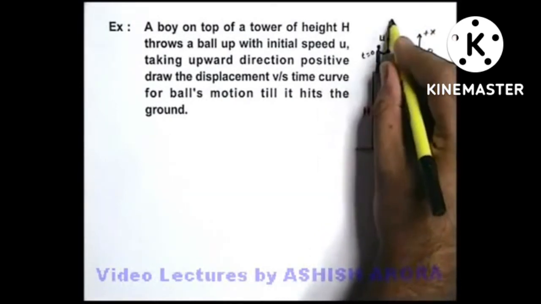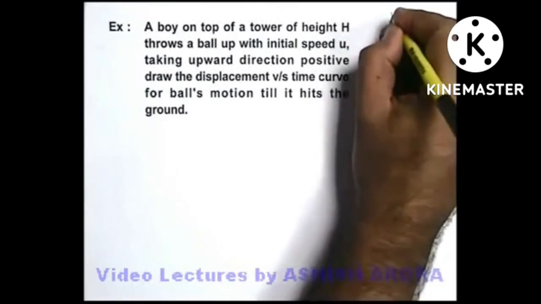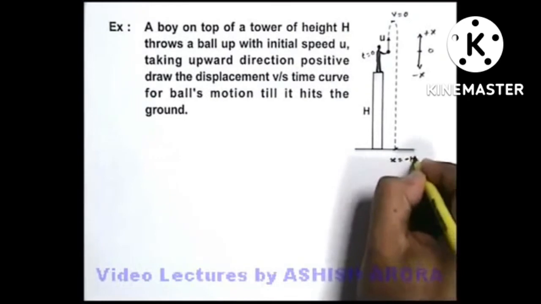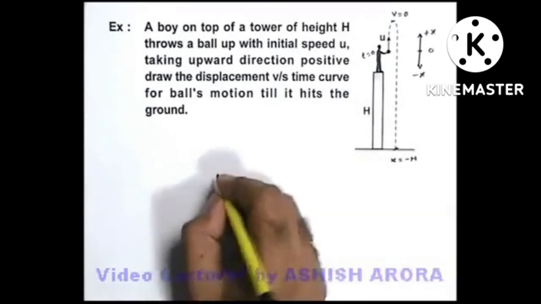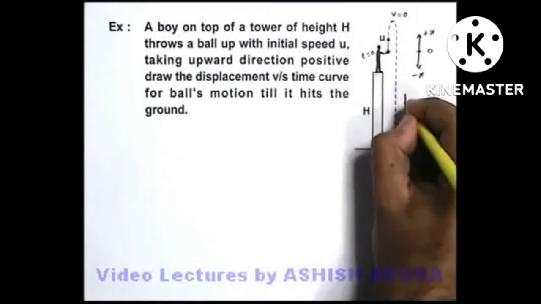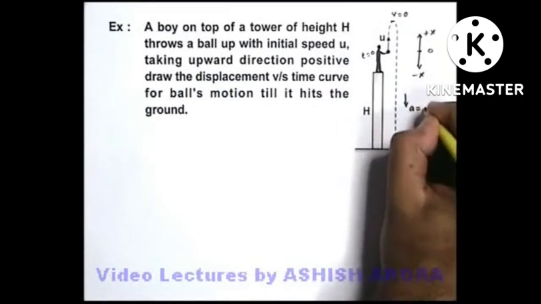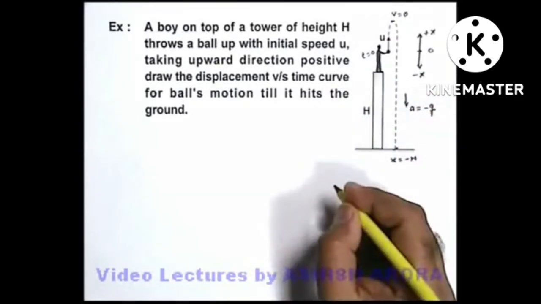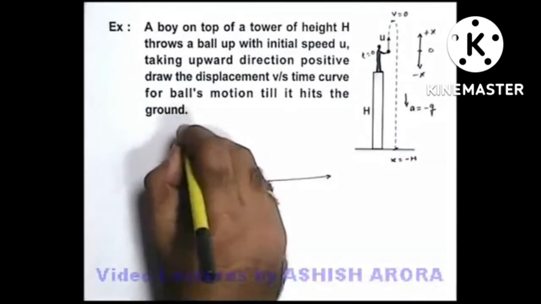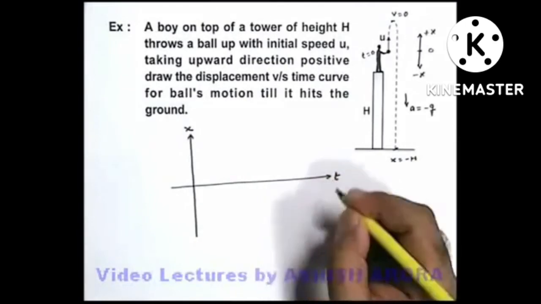So we can say it first moves in positive direction. At some point of time its velocity becomes 0 and then it falls back, and final displacement will become x equals minus h. We can take initial velocity as positive. Throughout the motion its acceleration is downward g, so acceleration we can take as minus g or minus 10 meters per second square. Now if we draw the displacement time graph for this motion,